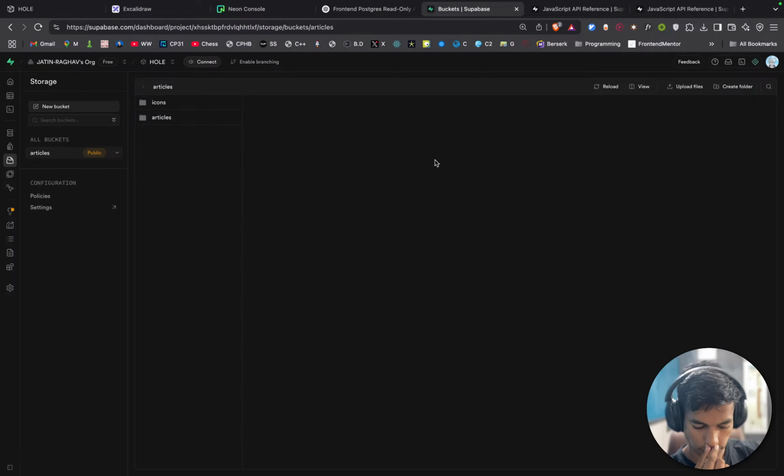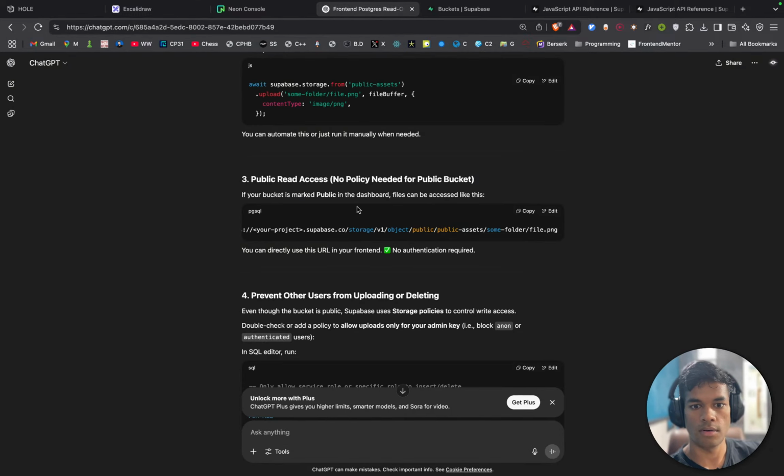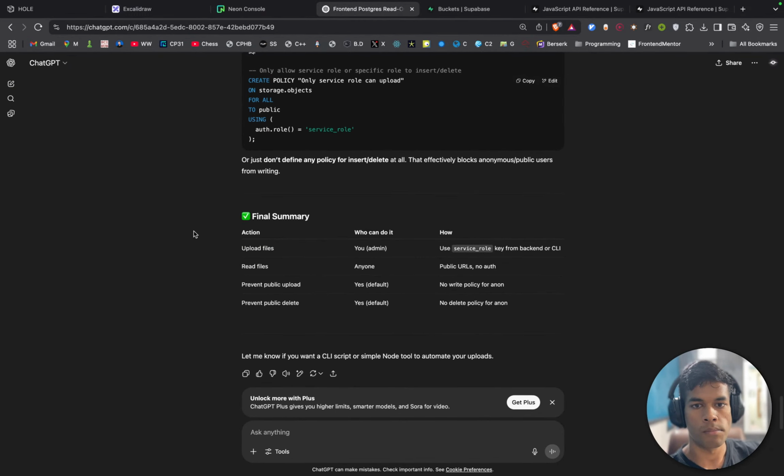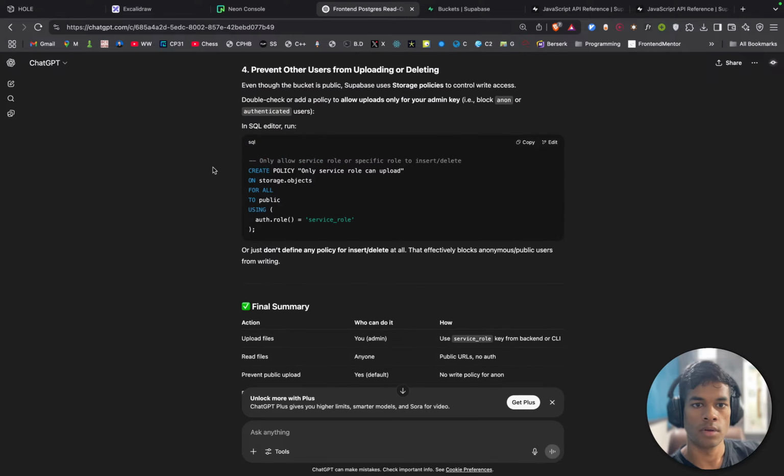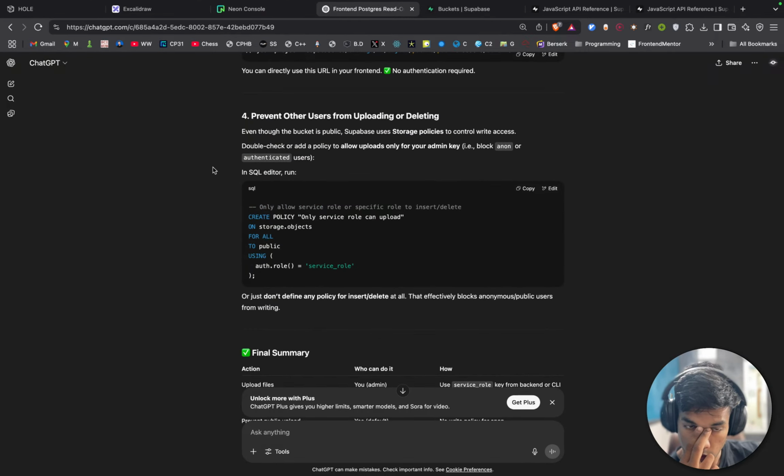Now I have database. Yeah. Prevent other users from uploading or downloading. The bucket is public, so always use storage policies to control write access. Double check. Okay.